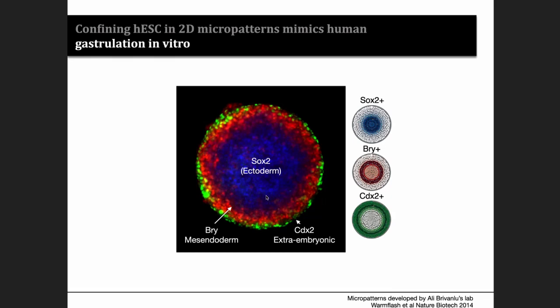And when we do that, and this is, by the way, a technique developed at the Rockefeller Institute by Ali Brivanlou, magic really happens. What you see is the exact patterning that you see in a human embryo, where the outer layers are the extraembryonic layers. The middle layers are really the mesendoderm, so we've got endoderm and mesoderm cells, and the inner center of these colonies is going to give rise to the ectoderm. So exactly as you would see in the human embryo.